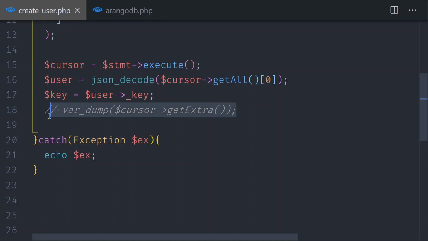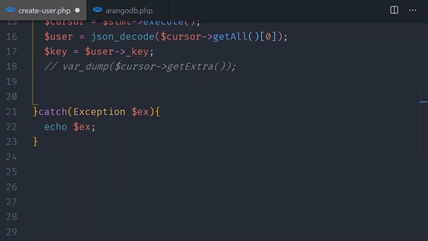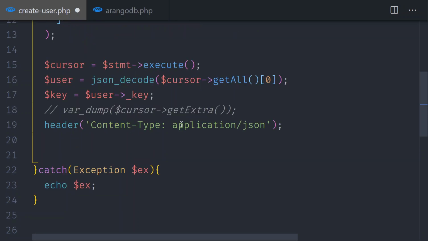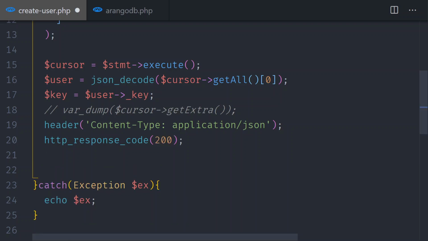Let's try to make this a little bit professional. So what I will do is I will set the headers. I will send the content type to be application/JSON. So I am telling the browser, the client, that they will be getting JSON. Let's set the status code, HTTP response code, and then I will set it to 200. And now I'm going to just echo a string that looks like JSON. And then I will just send a message here. Message